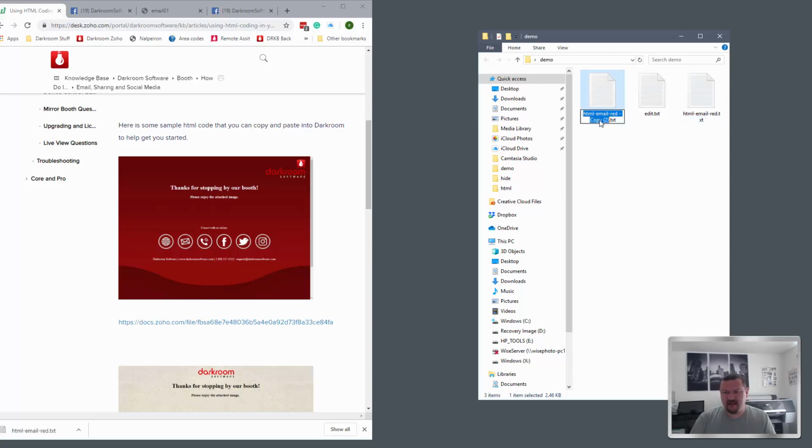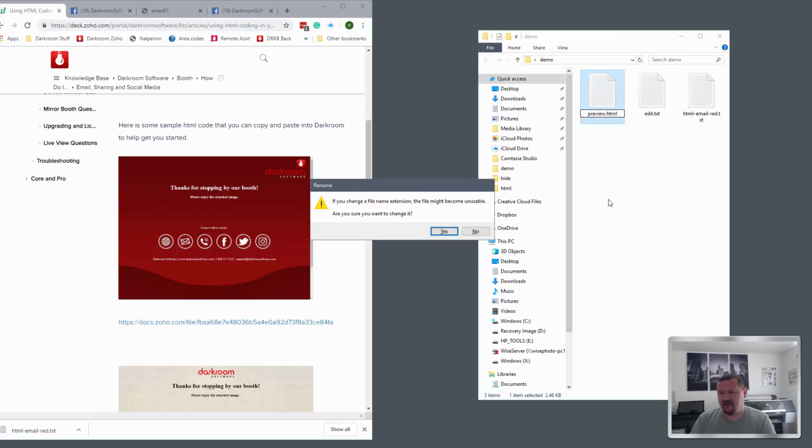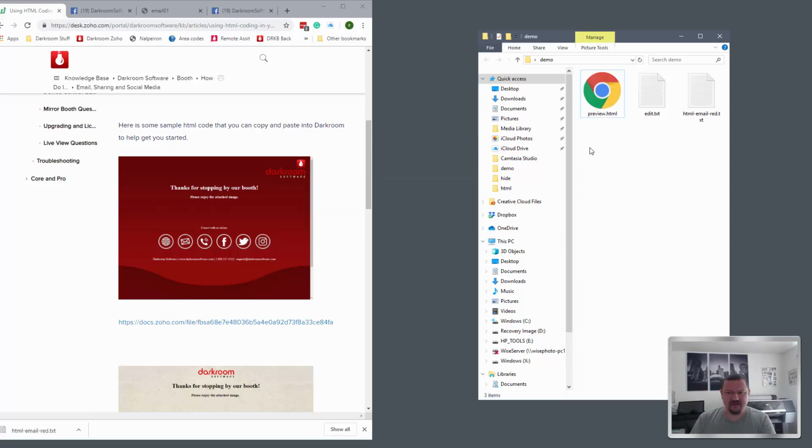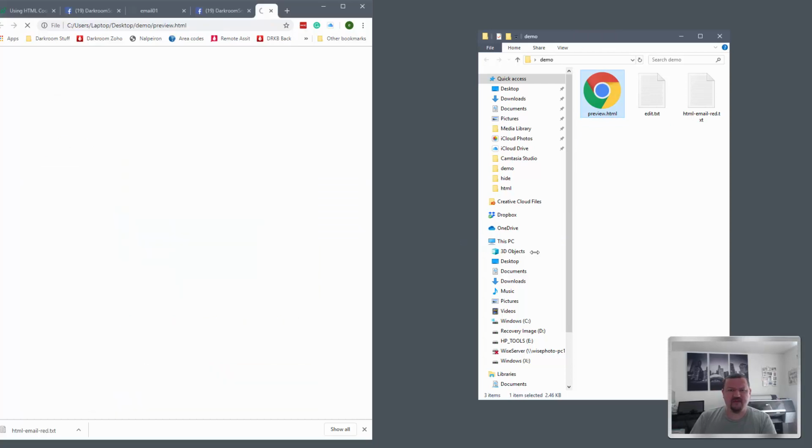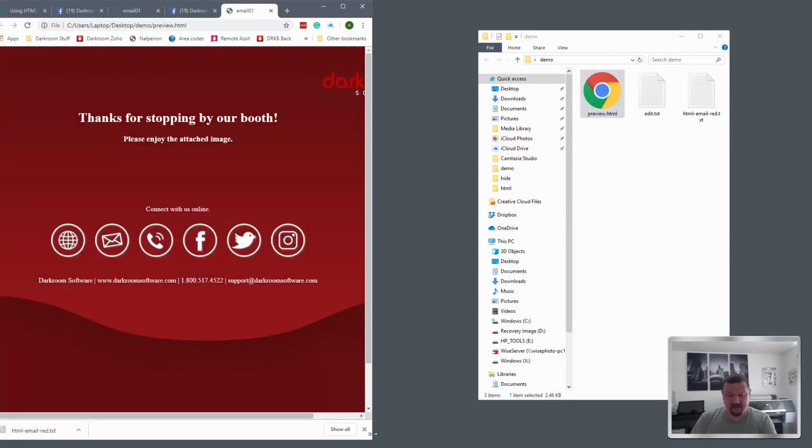The next thing we're going to do is change the file extension to HTML, because after all, a web page is just a text document with a different extension that allows a web browser to view it, and also your email client. So we're going to change it to preview.html